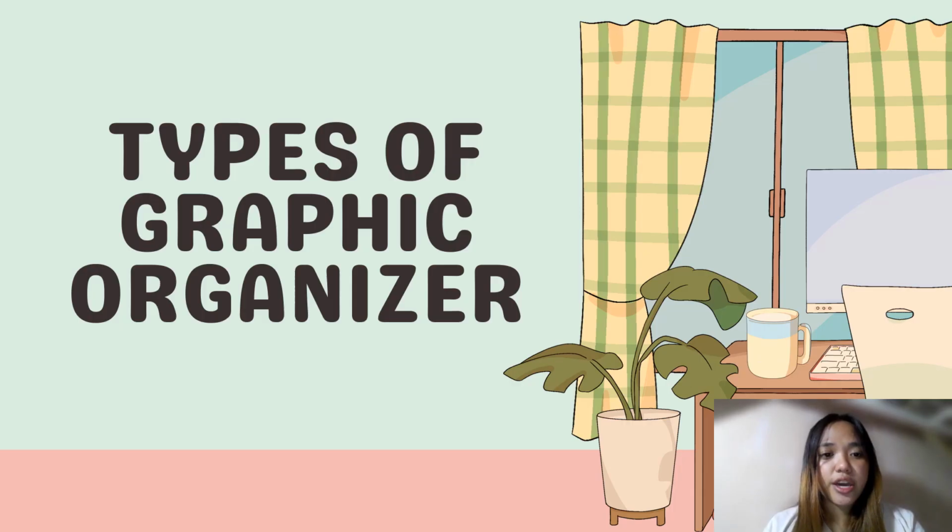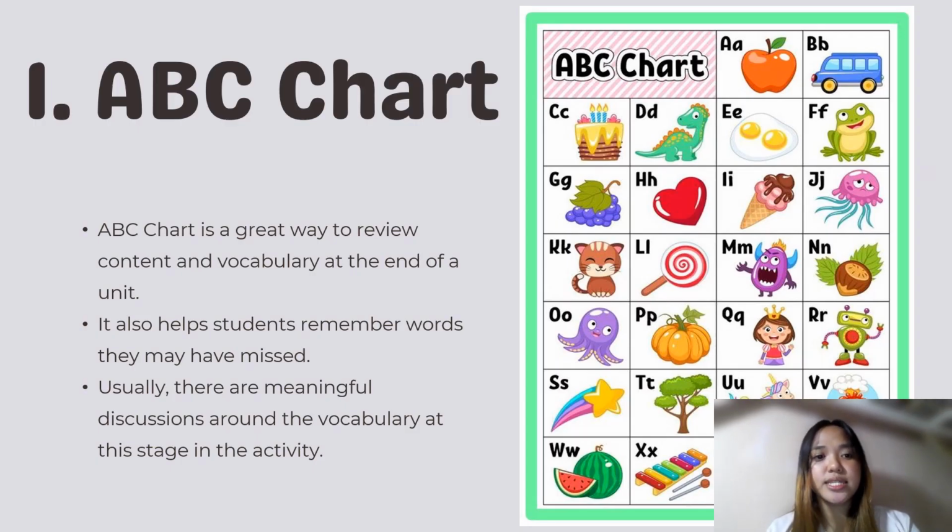Here are the types of graphic organizers used in the social studies classroom. Number one is the ABC chart. The ABC chart is a great way to review content and vocabulary at the end of a unit. It also helps students remember words they may have missed, and usually there are meaningful discussions around vocabulary at this